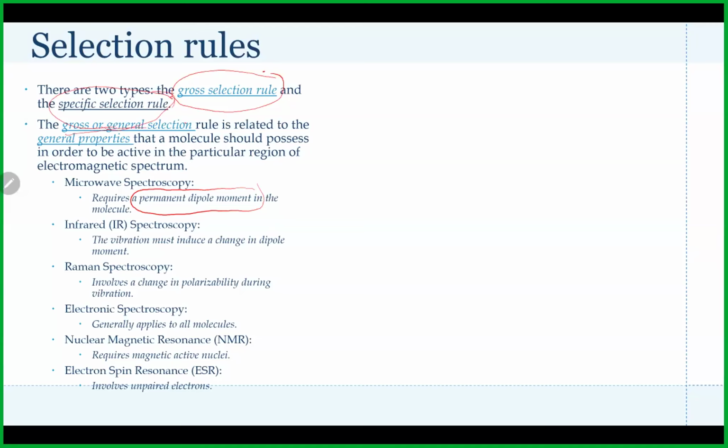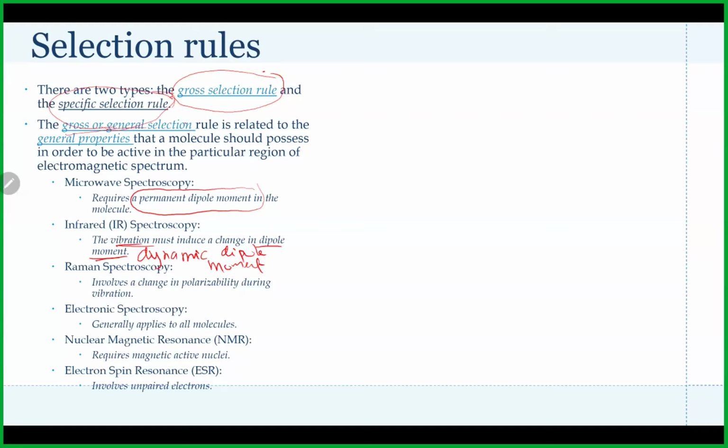So the next one, I will not go through. The next one involves a change in dipole moment, the vibration. That thing, we often call it a dynamic dipole moment. The molecule must possess a dynamic dipole moment, meaning that as vibration is taking place, there must be